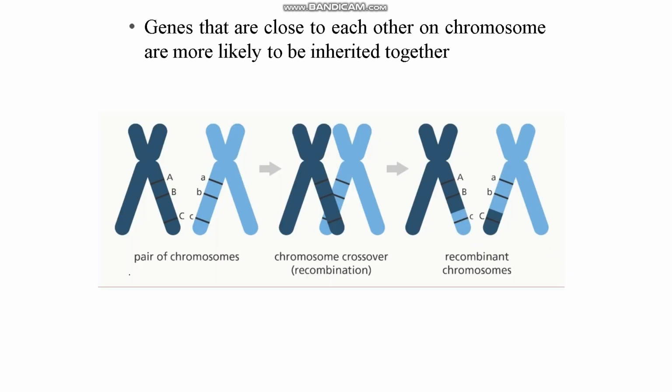There is a pair of chromosomes that are homologous to each other. Chromosomes cross over, which is recombination. When crossing over occurs, the genes are shuffled and recombinant chromosomes are formed. So genes that are close to each other on the chromosome are more likely to be inherited together. It means that two genes that are very close to each other